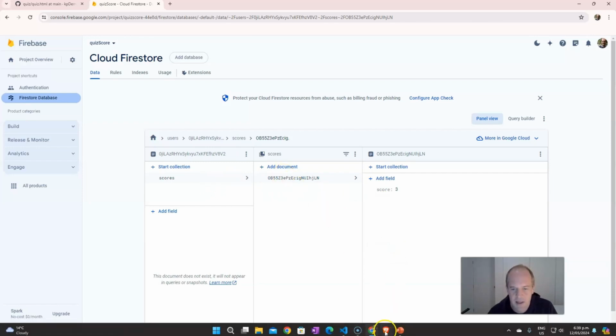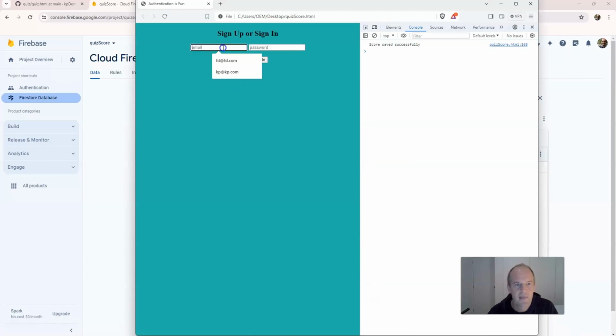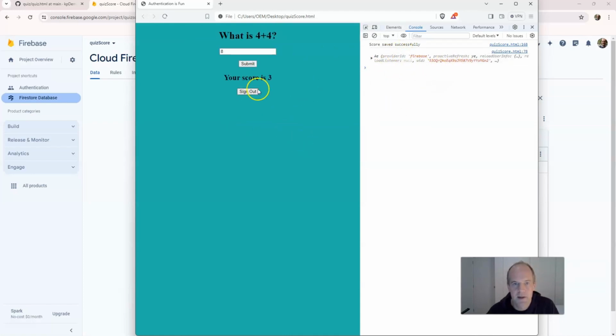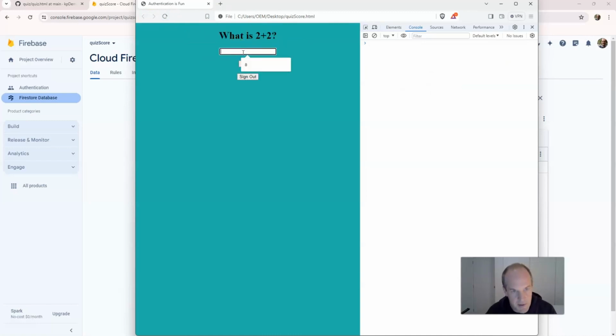To test this further, let me just sign out, and then I'll create, let's use this one, a different account. So I'm going to sign up with a different user, and then that's my new user. So let's refresh the page as my new user. And this time I think I might get, let's get a couple wrong. Let's say that that's 8 rather than 4. Let's say that that is 8 again. So I'm just going to get 1 out of 3 this time. So there's 1. Score saved successfully into the